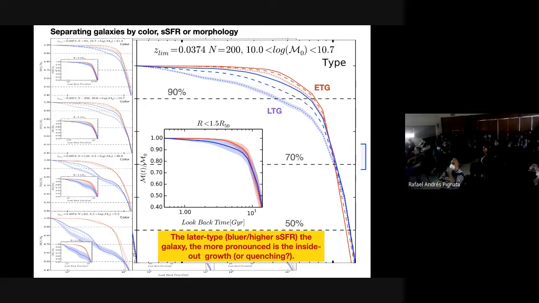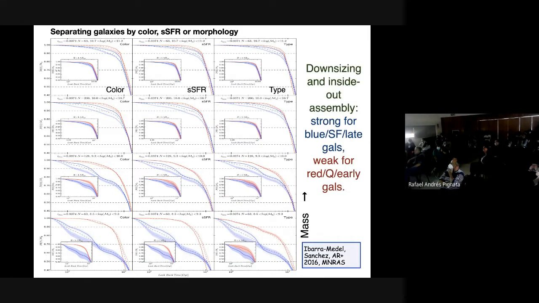Late-type galaxies have a very strong inside-out. In early-type galaxies, the inside-out is not prominent. So we have this exercise separating not only by types, but also by specific star formation rates or by colors. And here you have different masses, the low mass at the bottom to the higher masses at the top. As you can see, the inside-out, the downsizing, for example, take by morphological type, the last column, you can see